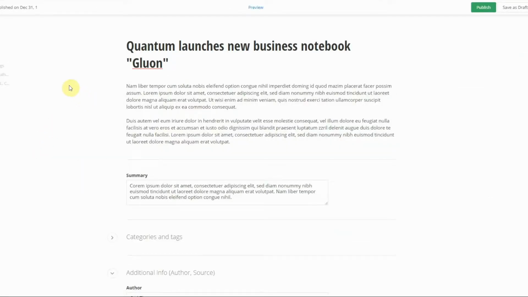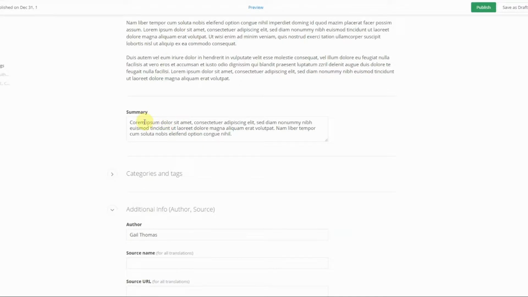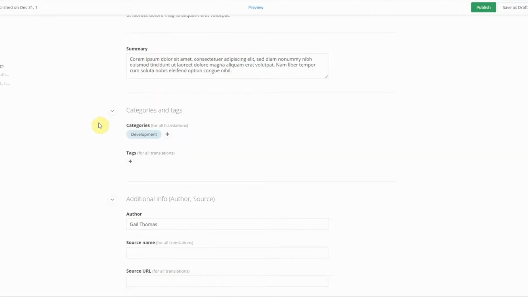Whenever you create your news item, you first enter your title for the news article. You enter the description or the content body of that news article, and the summary of that news article that you want to display on the news page, where you have short summaries for each news article before users dive into the details pages.